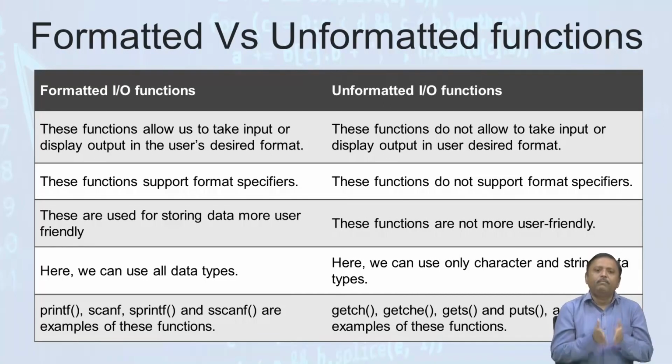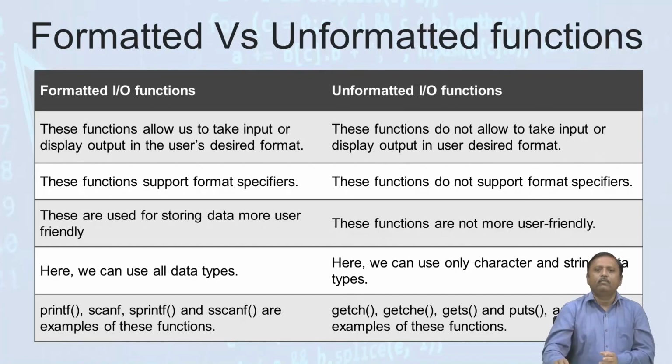Examples we know: printf, scanf, sprintf and sscanf are examples of formatted IO functions, and getchar, getch, getche, gets, putchar, putch and puts are examples of